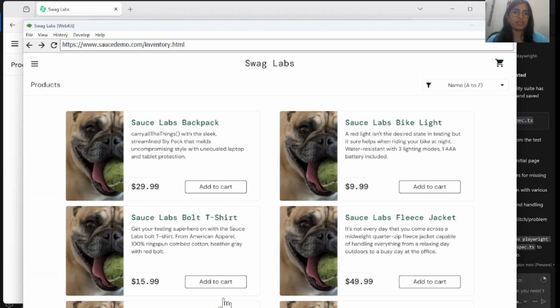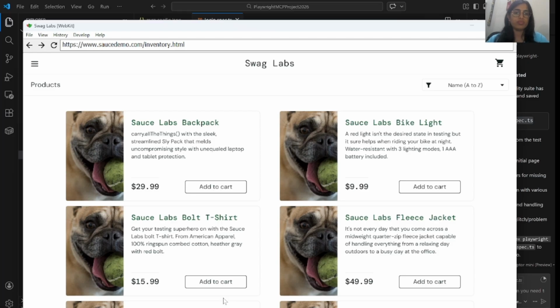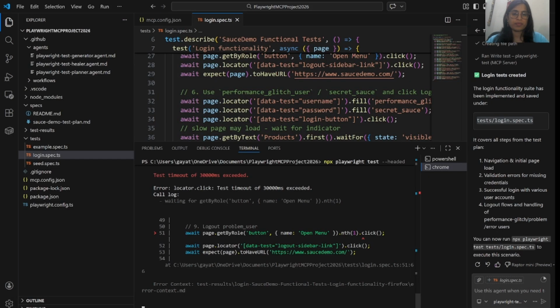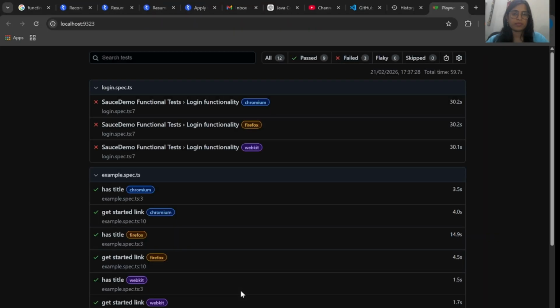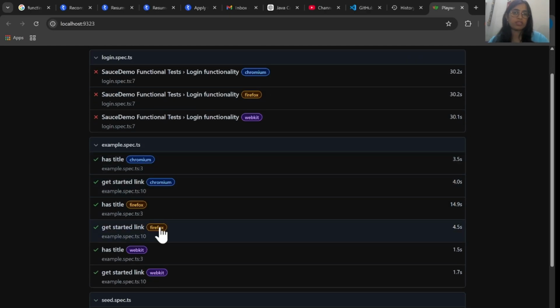One browser completes, then it navigates to the other browser. This is Safari WebKit, so it is executing here also. There is some error we got, but anyway, Chromium just passed.